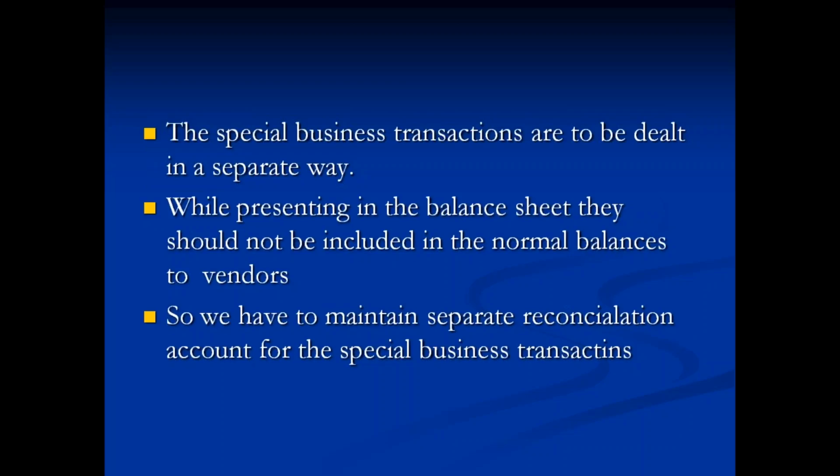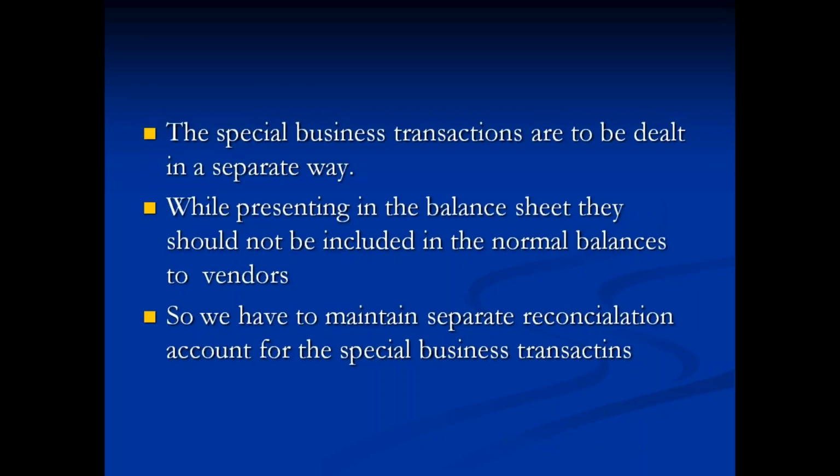these advance payments in the balance sheet, we don't take them under the Sundry Creditors, we don't take them under the normal balance of the vendor account on the credit side. So we have to maintain a separate account for this advance payment on the opposite side, on the asset side, and we'll have the record of all our advance payments under that special reconciliation account. That special reconciliation account is also called the alternative reconciliation account. Why? Because